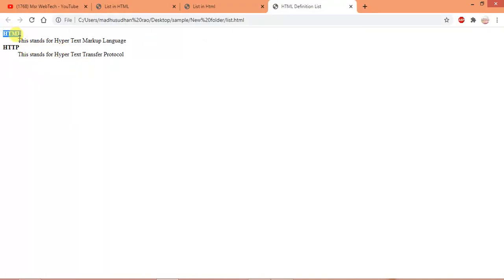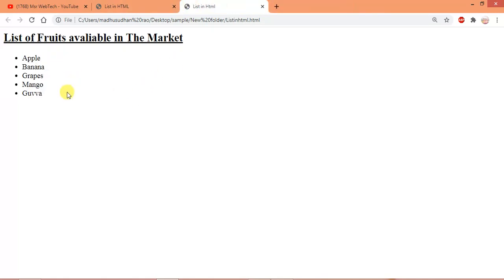A definition list is just like a subscript. Here HTML, its definition is, and HTTP, its definition is. Just like that we use the definition list. It is not much needed. Mainly we use the ordered list and unordered list, and for these we just use the list item to enclose the item.